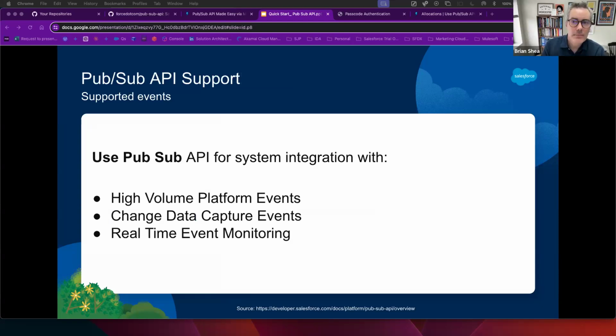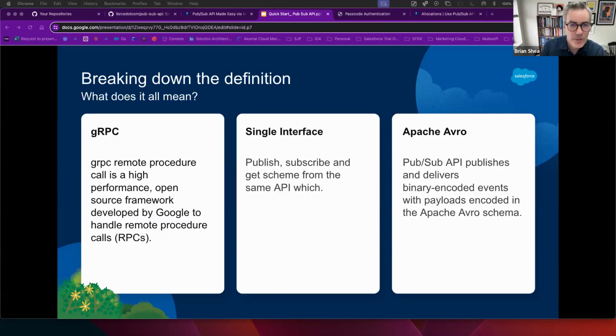Jonathan, probably not a question for now, but when you do the demo and show your Python client, can you call out, because I've definitely heard a bunch of times the value of the single interface for publishing and subscribing versus the old model. If possible, can you call out how that's actually beneficial for a developer, as opposed to making different calls?